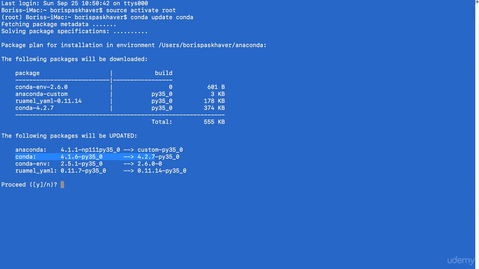As long as there's an update available, it'll give you the latest one and that prompt, and all you have to do is press Y, and it'll update it to the latest version. Now you may be wondering why it's showing me this other stuff even though I only requested Conda to update here. Well, the reason is because this Conda library that we see right here is dependent on these other libraries